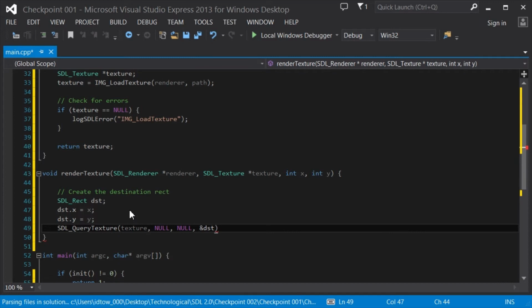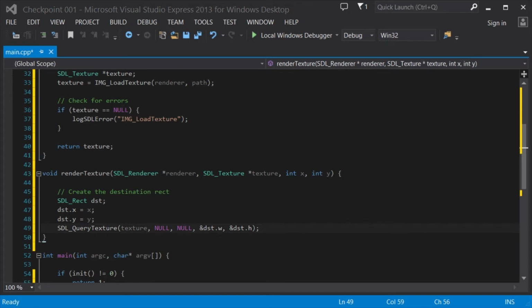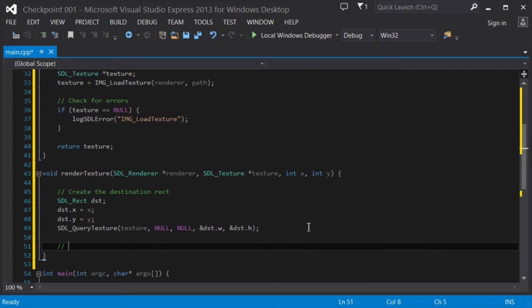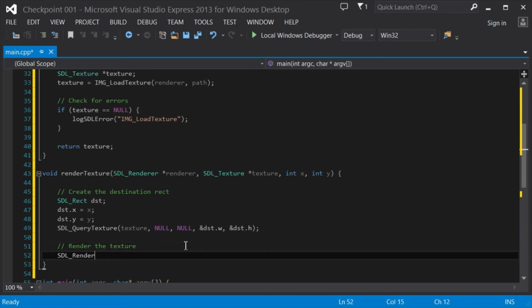So query texture will just get the width and height of our texture, and it will set those variables to those. So we're going to pass it the width and height of the destination, and it'll fill those in with the width and height of the texture. And then what we can do is just render the texture. So we're going to do SDL render copy,